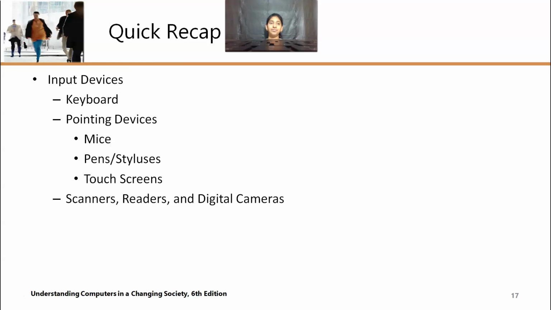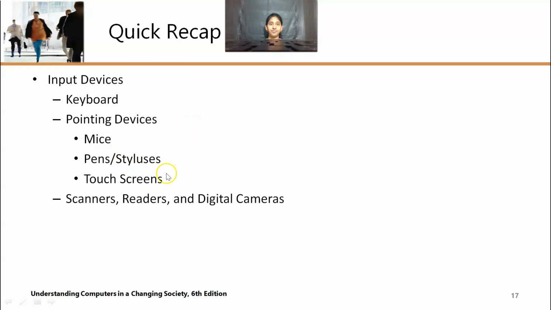And we have seen the pointing devices: mouse, pens and touch screens. We have seen optical mice, where the mouse is placed on a flat surface and we track the movement of the cursor using the movement of the light in the mouse.